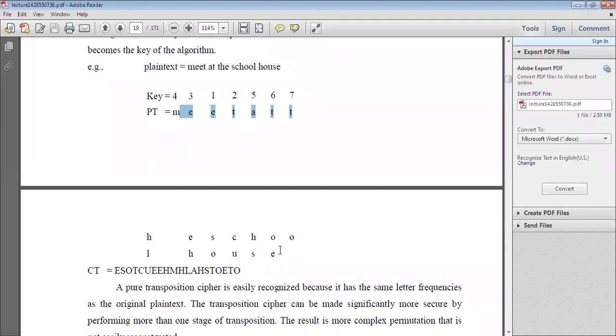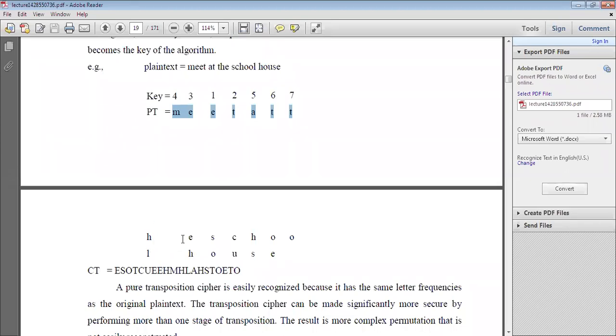house. And that means here you can use the 7-letter key. You have to use it. That time you can write 7 letters in each row, whereas if you are using only a 6-letter key, that time 6 letters only you can write like this. Clear? If the key is 7 letters, you use it, and you can write 7 letters. So I want to use the 7 letters. So, meet at the school house.